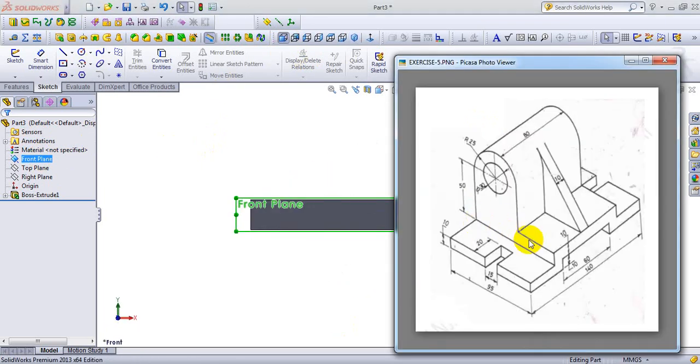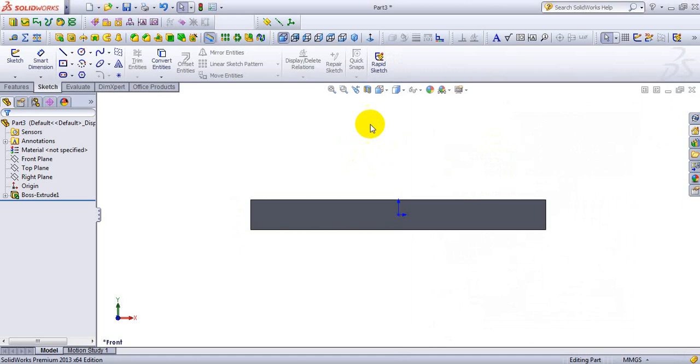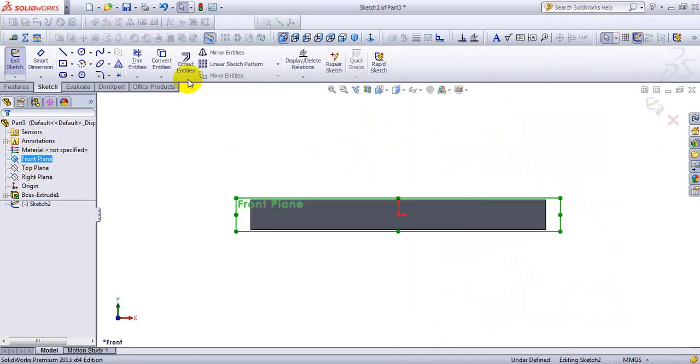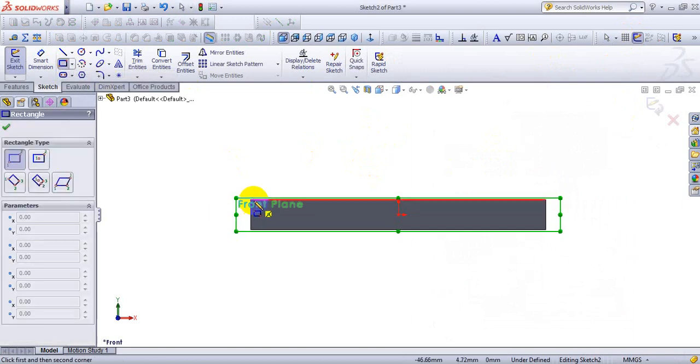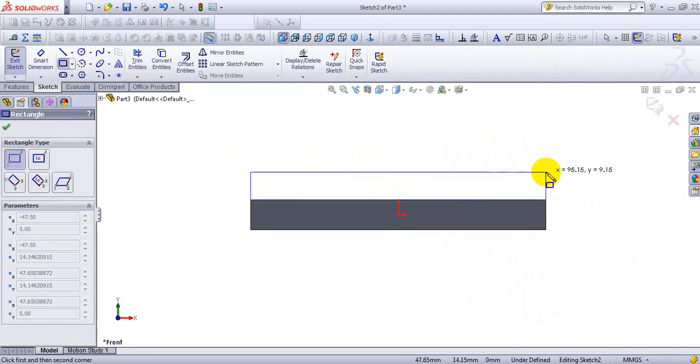Now we have to do this part. We have to make a sketch in this way, in this geometrical shape. Now we have to select one rectangle followed by one more rectangle, 3-point arc and one circle. See here how to do this. Select front plane, front view, followed by sketch, take rectangle, here select corner rectangle, from here draw one rectangle in this way.